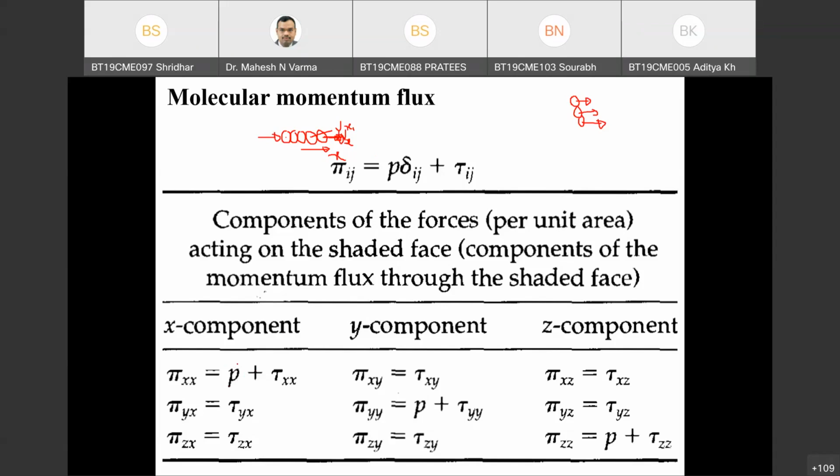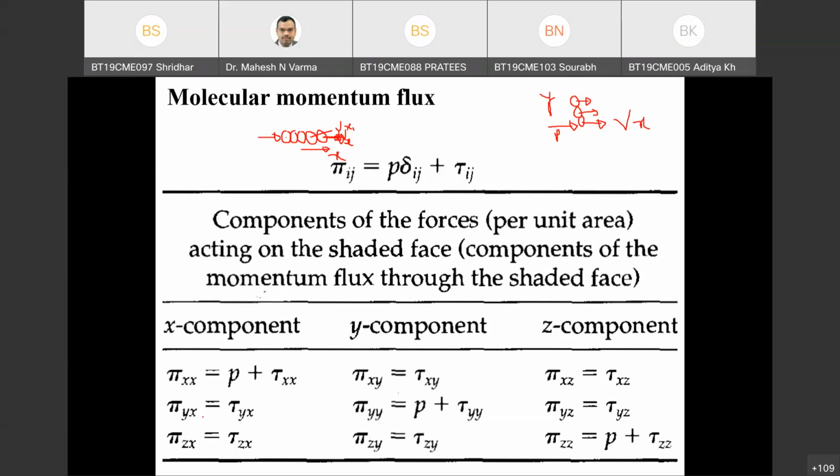Roll number 63, Shreyas. Yes, delta. I already told you, this is a mathematical operator. It is called the Kronecker delta. It will have unity value in the appropriate direction; otherwise it will be equal to 0. It is introduced in the discussion because P doesn't have any role to play here. If I am discussing a momentum flux in y direction,